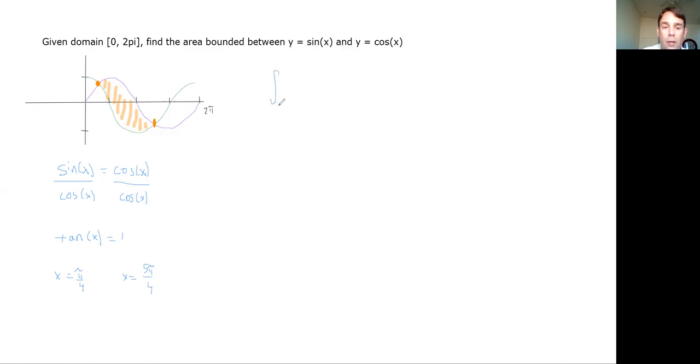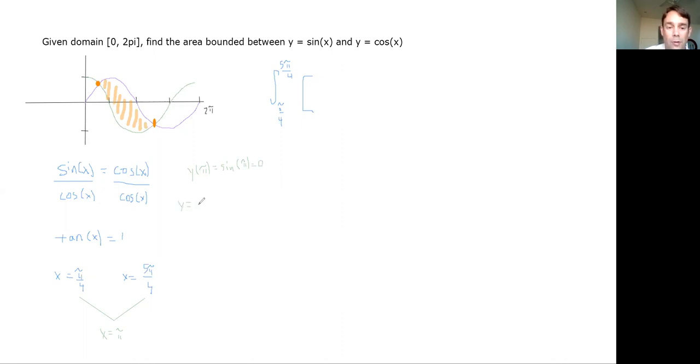So we're going to find that area from pi over 4 to 5 pi over 4. So the function that's on top, again, if I don't have it graphed, that's fine. I don't need it. But I am going to have to figure out some value between these two values. So some value between pi over 4 and 5 pi over 4. What about pi? Pi is between them. So let's let x be equal to pi. If I plug pi into both equations, I can figure out which one of these is the greater function. If I don't have it graphed, I can plug a value that's in between my bounds in, and whichever one gives me the greater value,